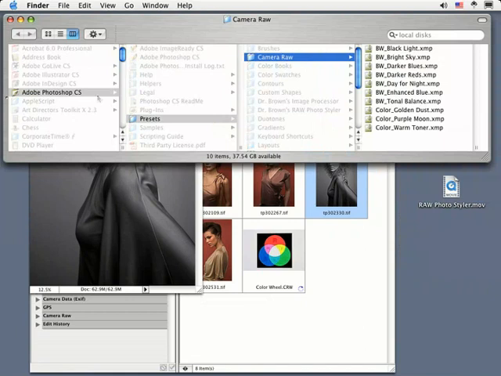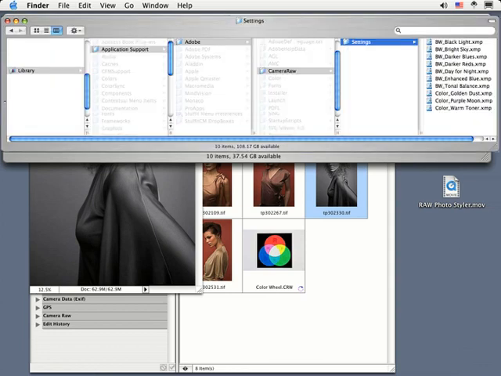Well, within Adobe Photoshop CS, follow this diagram to show you how to place these files. First, within the Adobe Photoshop CS folder, you locate the Presets folder, then the Camera Raw folder. Place the files into that folder. You can locate these files, of course, on my website, russellbrown.com, or on the CD from which you may be watching this movie. Now keep in mind, this diagram indicates the location to place the files when using Adobe Photoshop CS. Here is a second diagram that shows you where to place these exact same files when using Adobe Photoshop